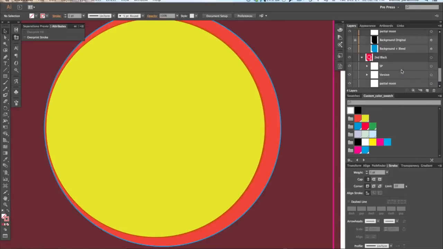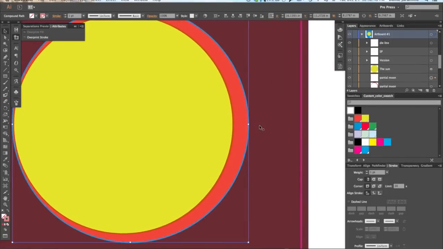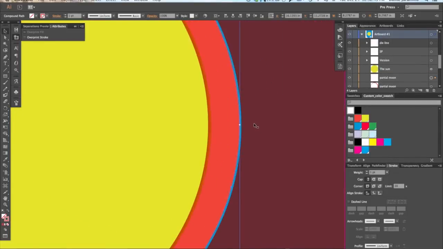Now we're just going to select it again, and like I said before in the previous video, I always like to use twice as much. The stroke will be twice as much as the one I used for the trap. In this case it was a 5, so I'll give it a 10. And don't forget to click on the Overprint Stroke option,